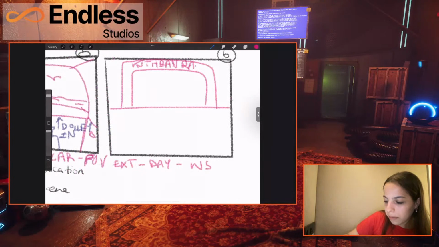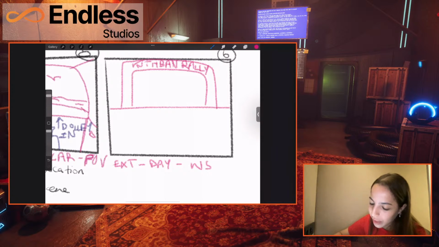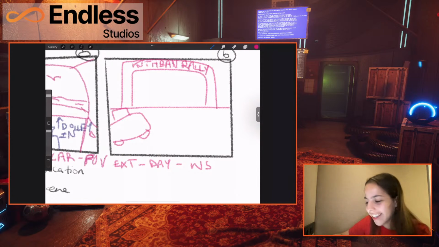Kuthban Rally. That says Kuthban Rally. And then you have, I'll do all the cars. Really horrible cars. Our cars don't look like this. Our cars look much better. But for the sake of this sketch, we have all our cars parked now.